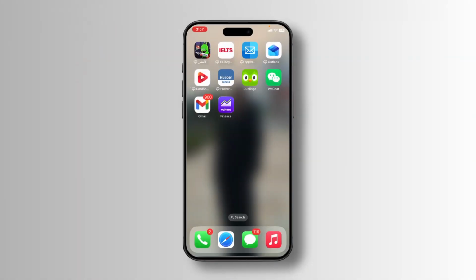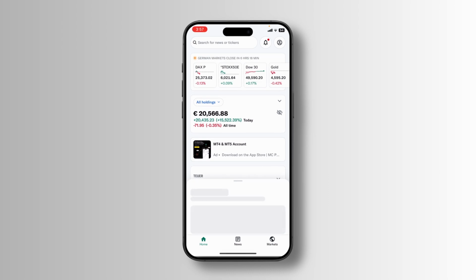In today's video, I'll show you how to change the date on Yahoo Finance so you can view stock charts more clearly and in more detail. Let's get started. First, open the Yahoo Finance app on your phone and make sure that you are logged in